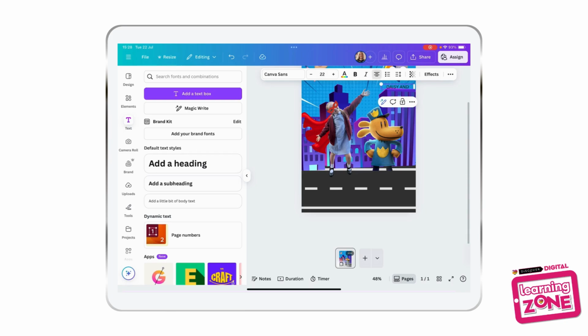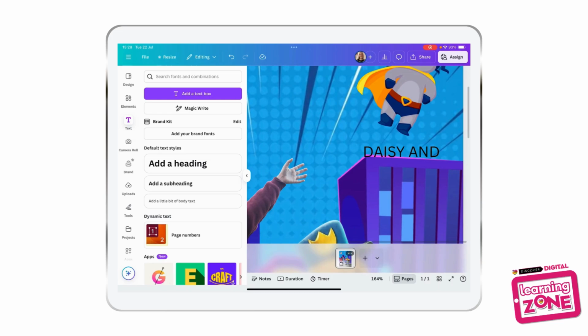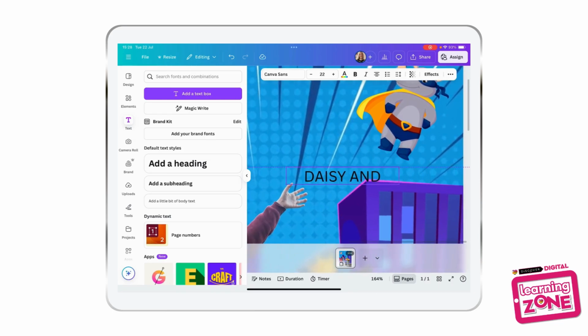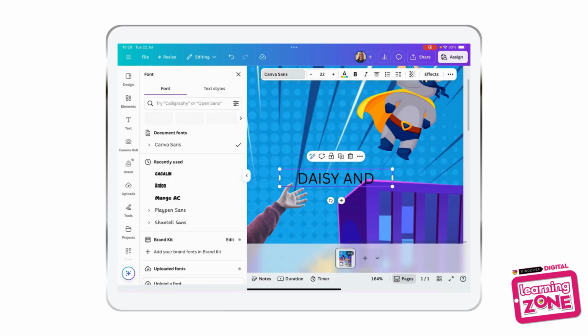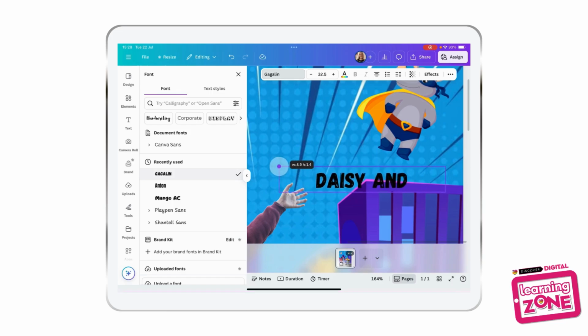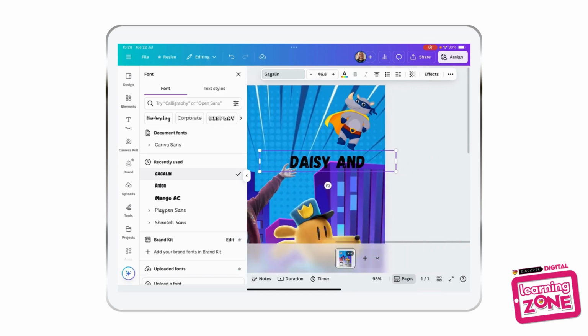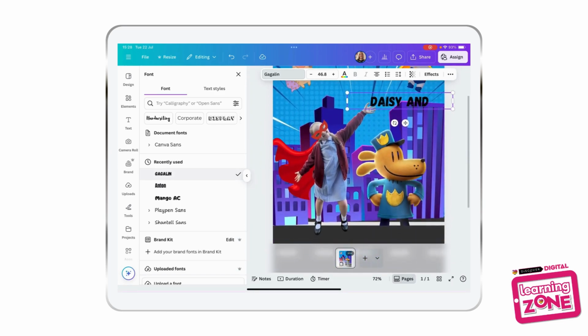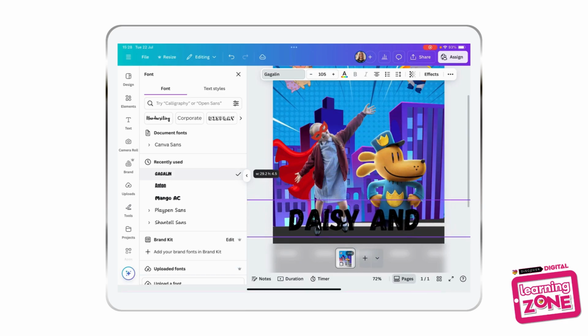So once we've got this part here, I'm just going to zoom in so you can see. When we tap on the text, it's quite small and it's hard to read. So we tap on the text and we come up to where it says Canva Sans, and we're going to choose a font. Now you can choose any font you want to. And then I'm going to make it bigger by pulling on these handles here so that it makes it nice and big. So if I just make my screen a little bit smaller there, come down and make it nice and big,